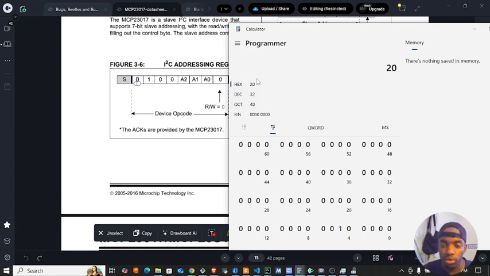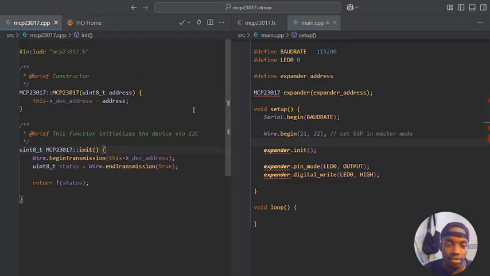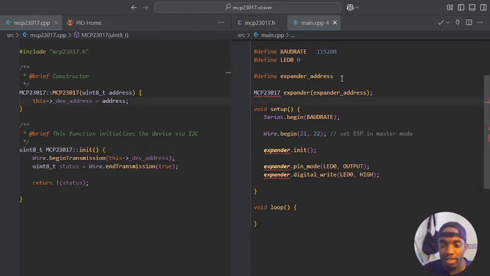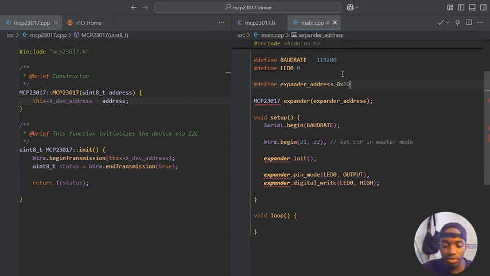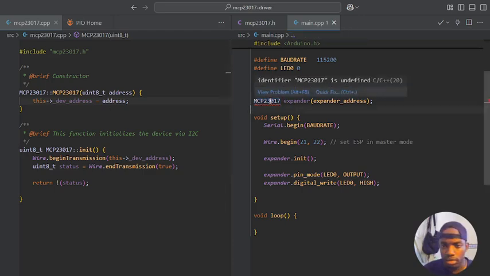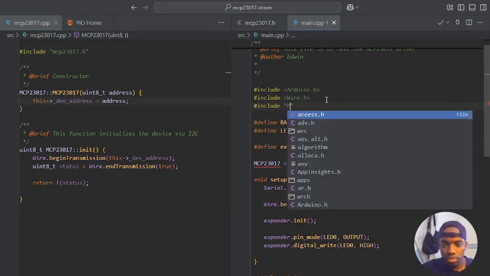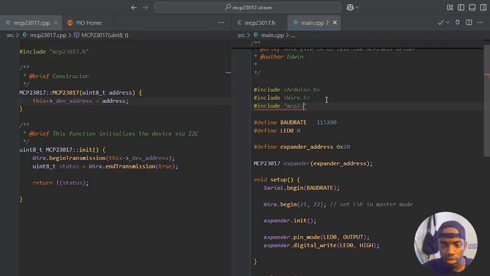So this is what we need to look for in the I2C bus, right? So let's try that and see whether we find the device on the bus, right? So here we say 0x20, and MCP23017 is undefined there because they have not included it here. Include MCP23017.h,